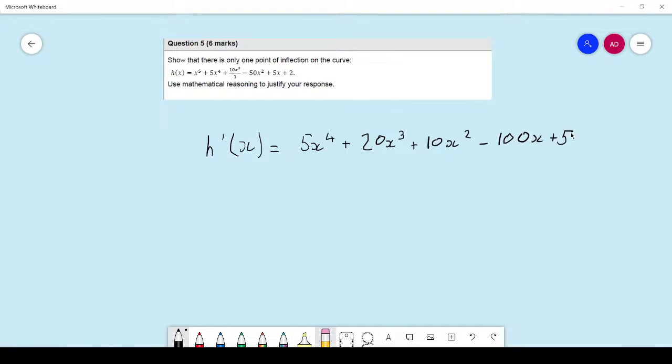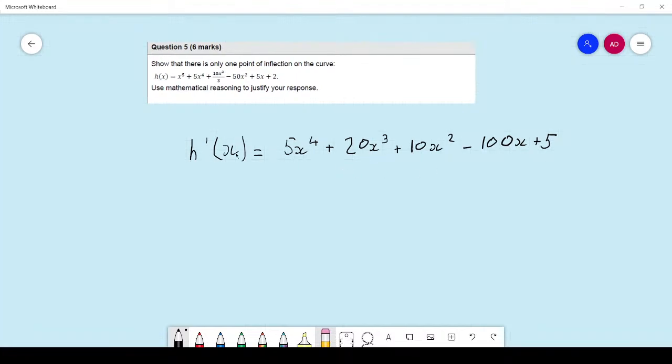plus 5. Now I do these quite quickly, but definitely take your time doing your derivatives if you're not comfortable with them, because if you get it wrong, you're going to have a carried error throughout the question, and it might be harder to solve. So that's our first derivative. So let's take our second derivative,